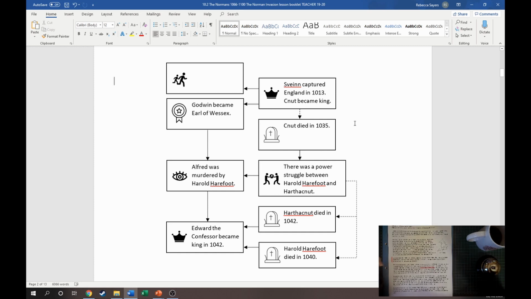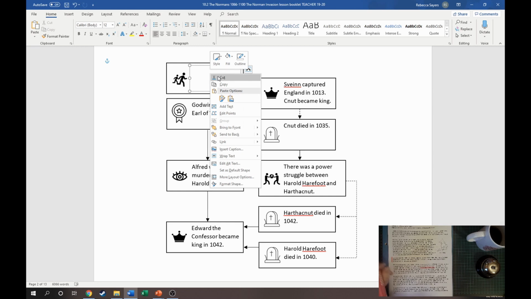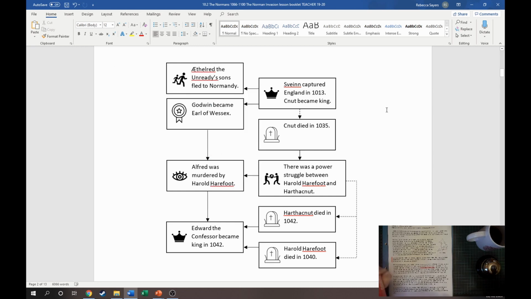Svein capturing England and becoming king, and then Cnut becoming king, does not lead to Cnut's death, but it's kind of the next event in that chain. So England is captured by the Danes, Cnut becomes king. One of the results of that is that Godwin becomes the Earl of Wessex. The other result being that Ethelred the Unready's sons were forced to flee to Normandy, which explains why when Alfred returns, Godwin very, very quickly hands him over. Okay, so you now have one further activity to do, which I will put up on the